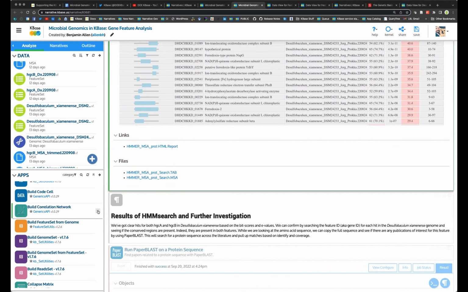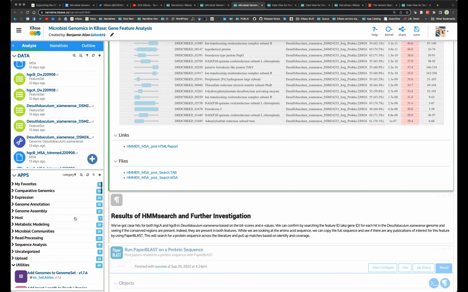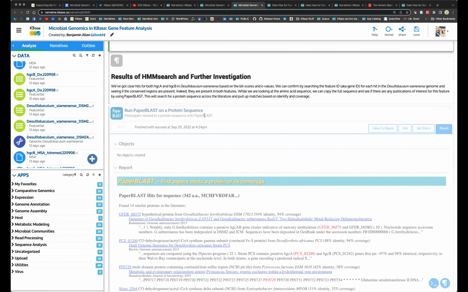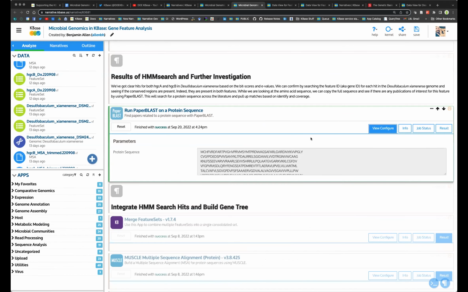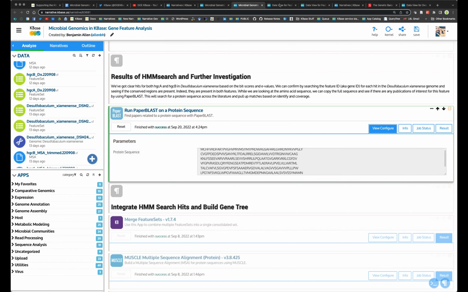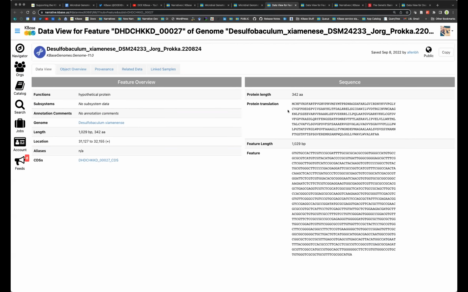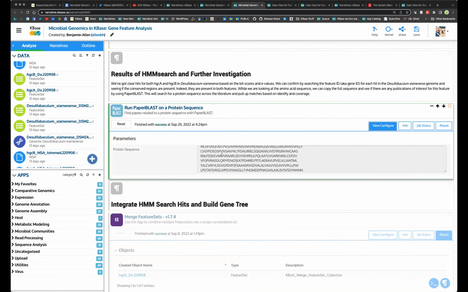So what else can I do with these feature sets or multiple sequence alignments or hidden Markov model searches in KBase? There's a couple of exciting things. One thing I always like to show people is PaperBLAST. As you might think, you can take the protein sequence from anything. So this is the sequence I pulled out from this new organism. I just took the protein translation and dropped it into